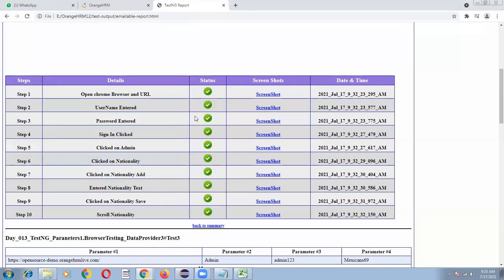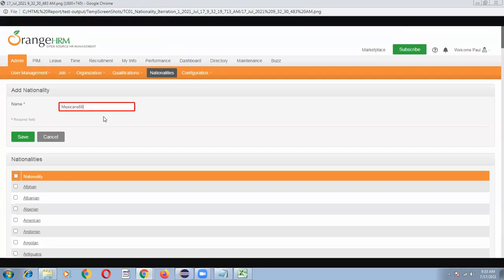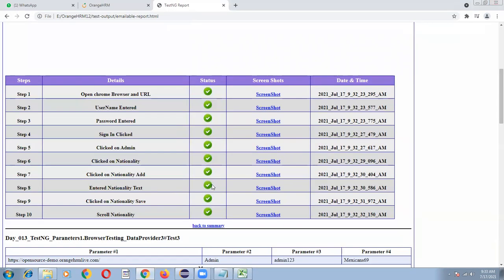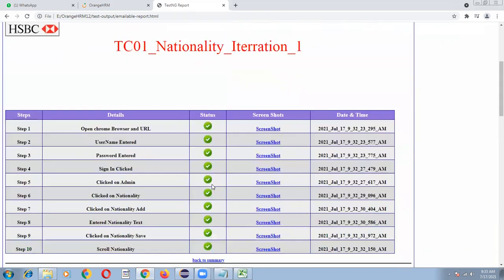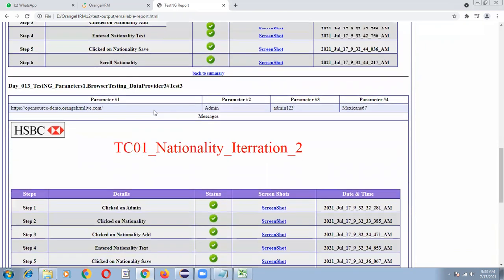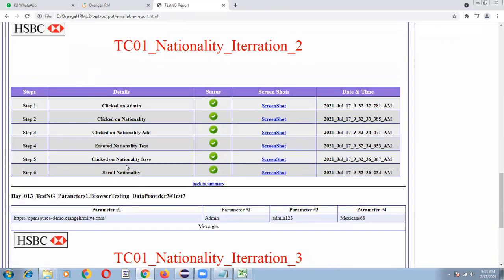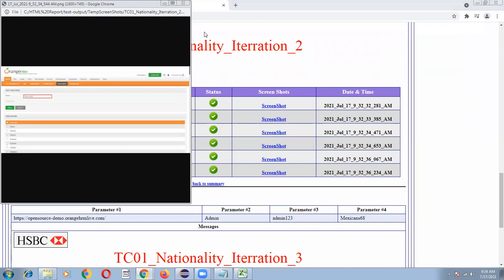Like that, enter nationality text, Mexican 66. During your second iteration, nationality iteration 2, why was the login method not captured? Because it is going to the else block and it is executing only the nationality method. So whatever log statements you have written in add nationalities, those steps are executed. Let me check the main step.